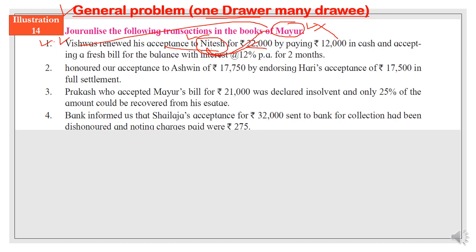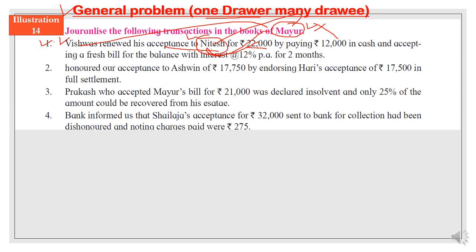Nitesh is a creditor of Mayur, and the bill that was given by Nitesh to Mayur, that bill is only handed over by Mayur to Vishwas. It means in that bill the drawer's name mentioned is Nitesh only, but the transaction happened between Vishwas and Mayur. But Mayur said, it's okay, I am not making any new bill. I have taken the loan from Nitesh and Nitesh has drawn a bill on me, so you just take this bill of exchange and receive the payment of this bill on the due date.